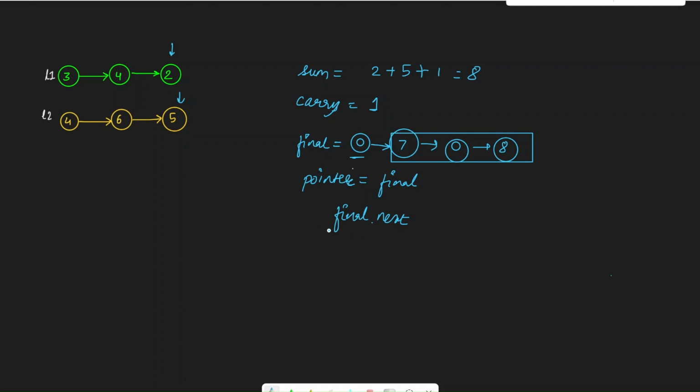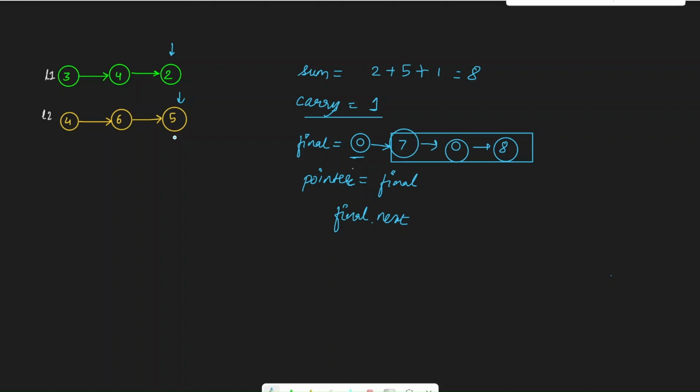Now we have to handle two other edge cases. Here we were handling just carryover. Now the first edge case is, what if the number of elements in both of these lists is different? Suppose this is 5 elements and this is of 3 elements only. How do we handle that?